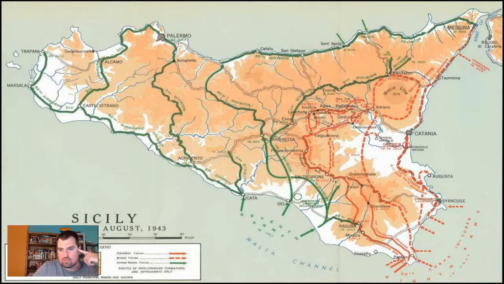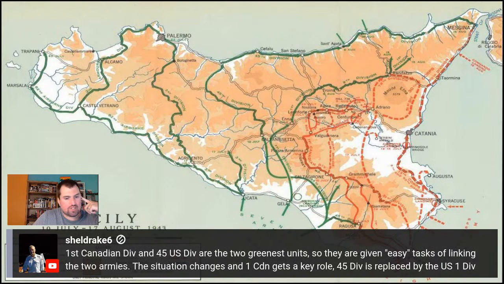Yeah, and this is a good way. Dave saying it here, the 1st Canadian Div and the 45th U.S. Div are green. So they're given easy tasks and they link up with each other. That's how Ragusa. So that's moving off the beaches. So again, there's minimal